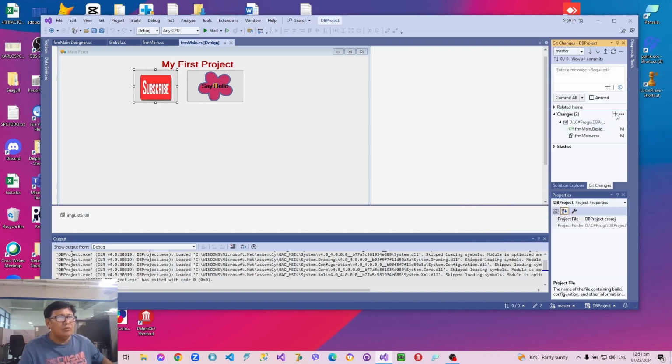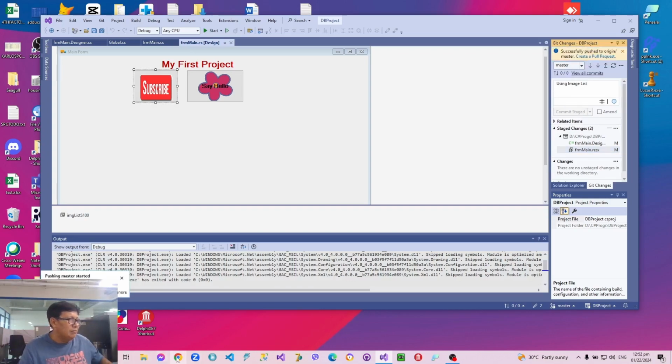And then we stage all, and then we commit staged, and we write: using image list. And then there's still 0 by 0. Let's save all. Okay, there's an M. Anyway, let's push it